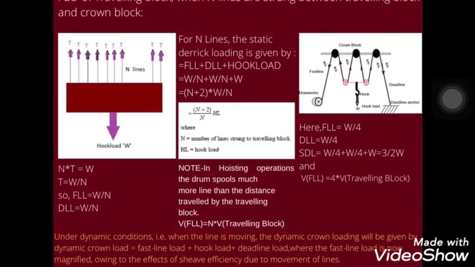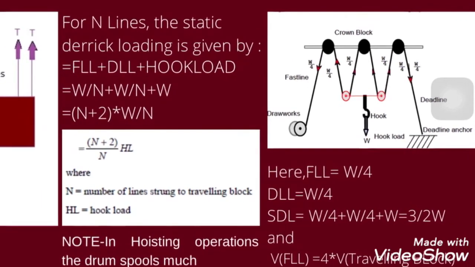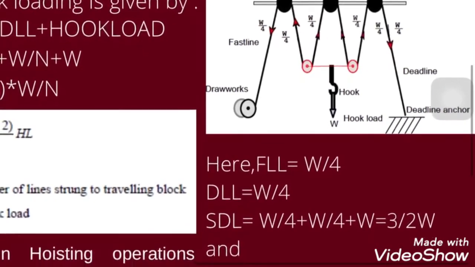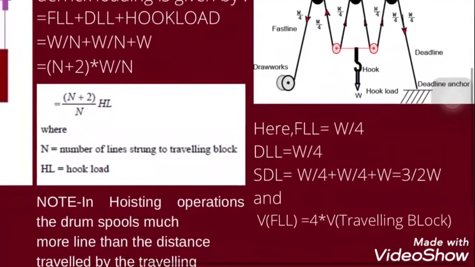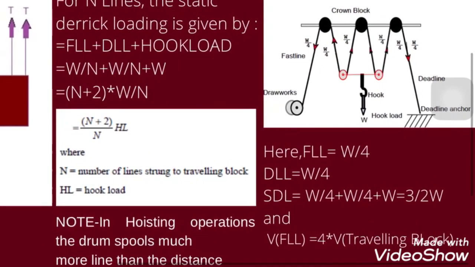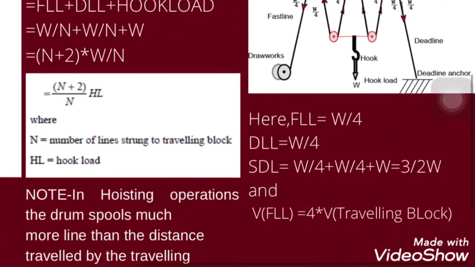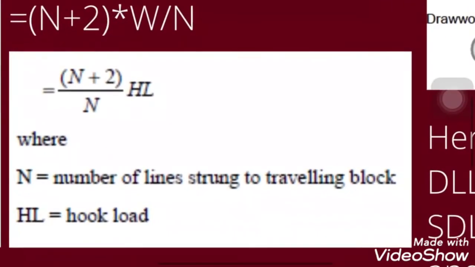So here's an example consisting of four lines strung between the traveling and the crown block. Here hook load is distributed in these 4 lines. So fast line load will be equal to hook load by 4 and dead line load will also be equal to hook load by 4. So the static direct loading will be equal to W by 4 plus W by 4 plus W, that will be equal to 3 by 2 W. And if you put the value of N equal to 4 in this formula, then that will also become equal to 3 by 2 W. So you can solve this kind of problem in any way, whether